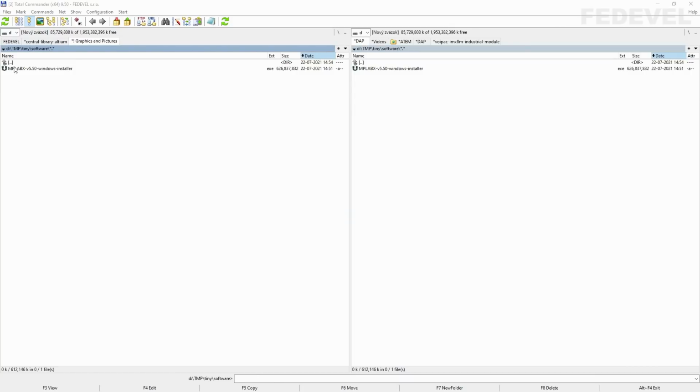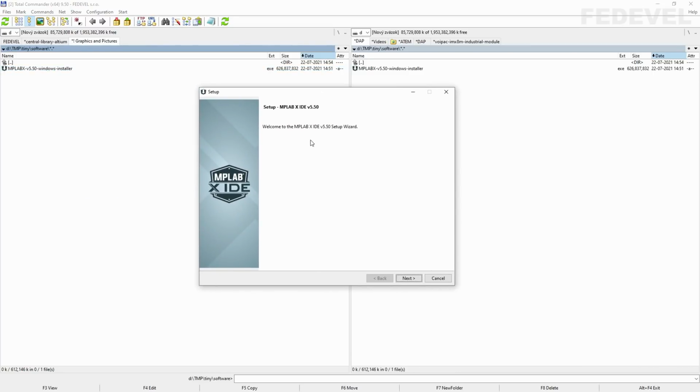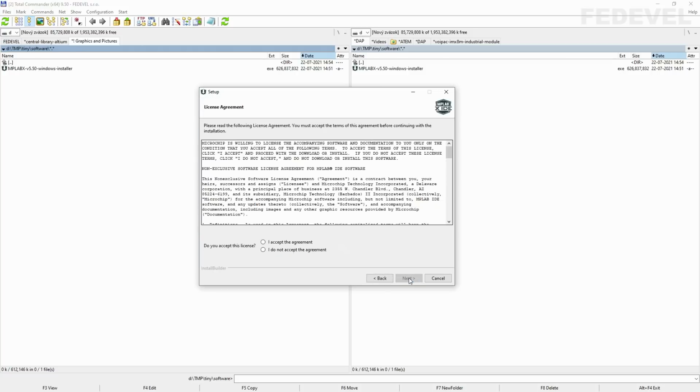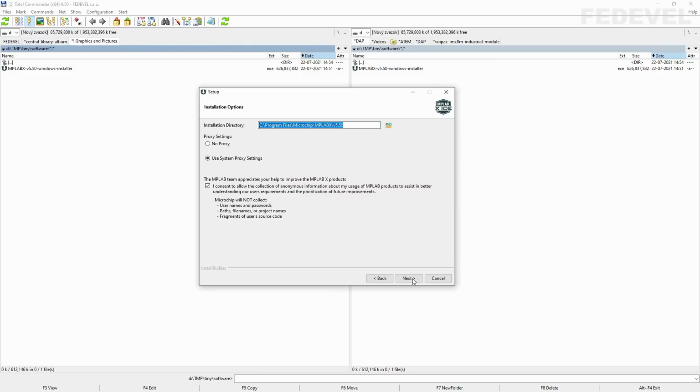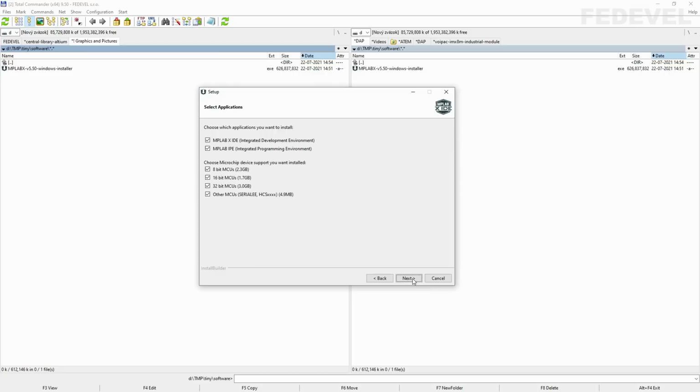Once you download this software, run the installer, and it should not be very difficult to install it. Click on Next, Accept, Next. Okay. If you like, you can enable everything, but we only need for our project this 8-bit microcontroller.